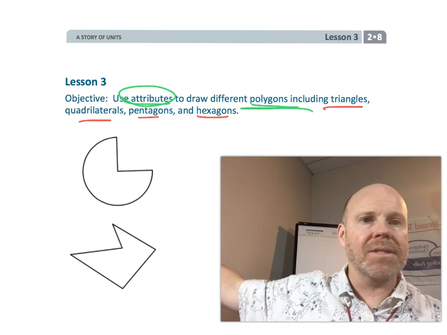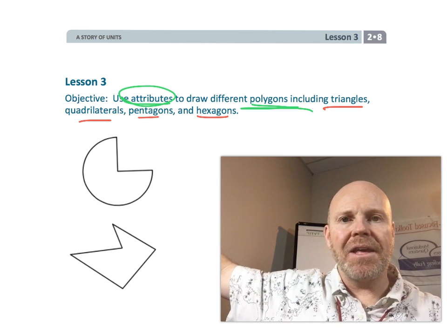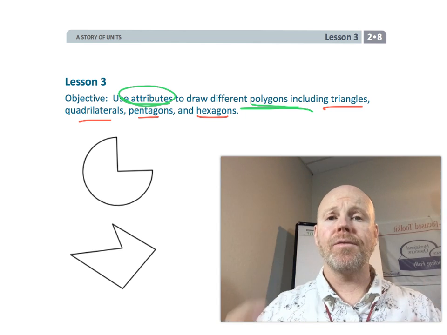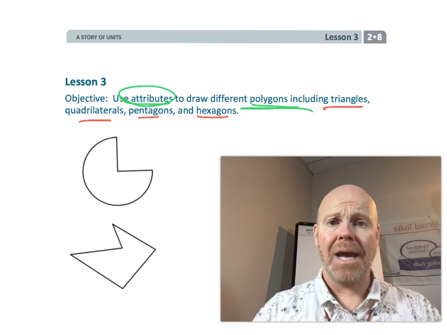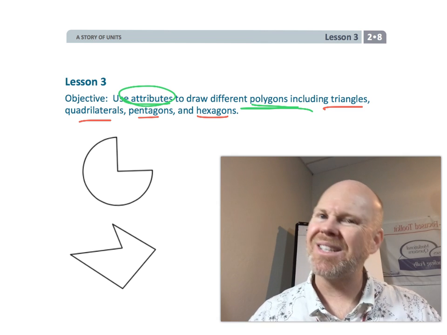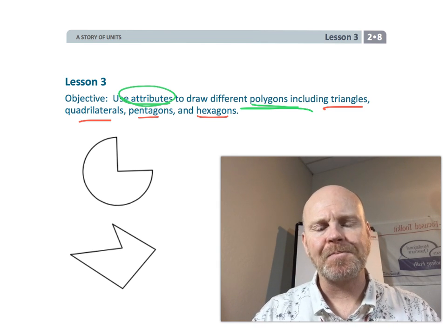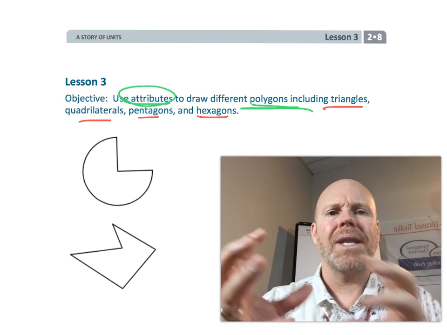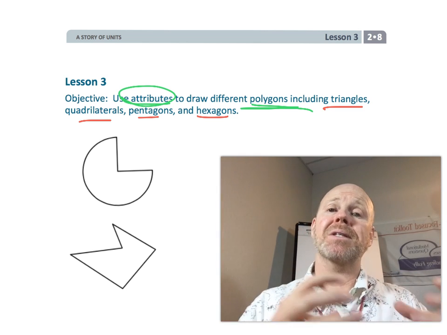So once again, parents and teachers, if you could have a word wall or a word bank, something to make all of our students academic language learners, that's going to help you in this whole module because it's so vocabulary heavy. We also want to kind of teach students what is a polygon by showing them some examples of what's